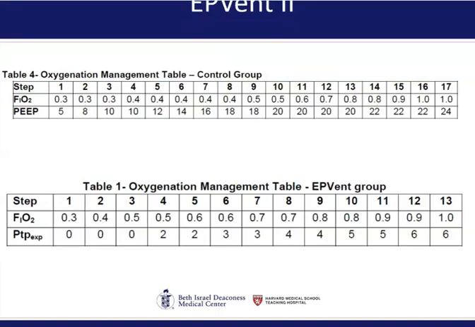Why did we do that? Because we thought that the case had already been made that these patients benefit from higher levels of PEEP. These are moderate to severe ARDS, and we didn't feel comfortable randomizing them to lower levels. So the results of that trial will come out in a couple of weeks. I will say that the